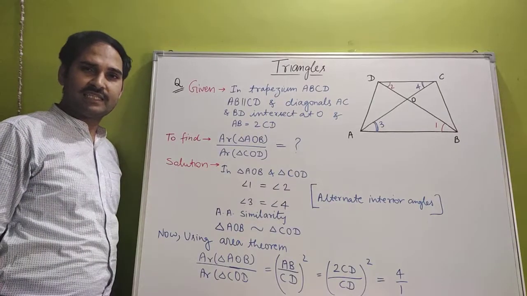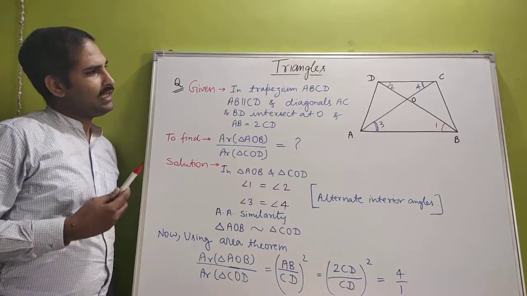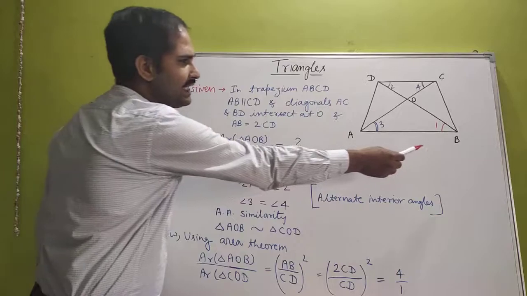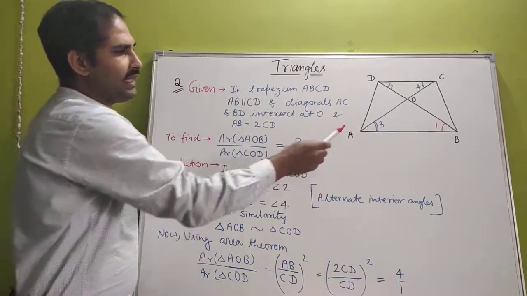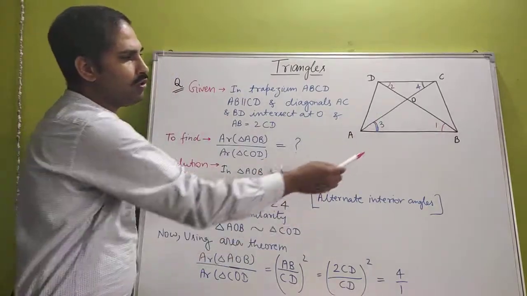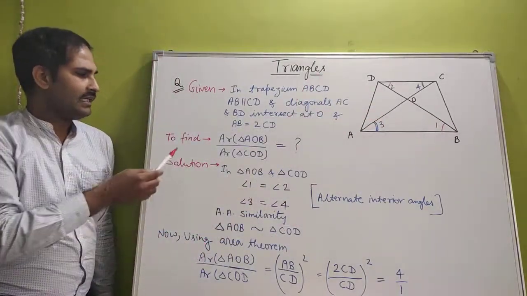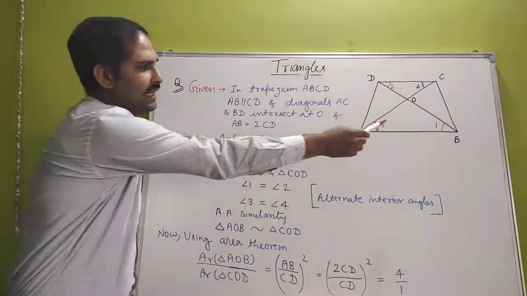Now let us discuss a question based on the area theorem. In the given figure, ABCD is a trapezium in which AC and BD are diagonals which intersect at O, and AB is twice CD, and we have to find the ratio of the areas of triangles AOB